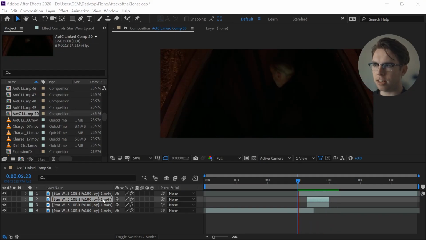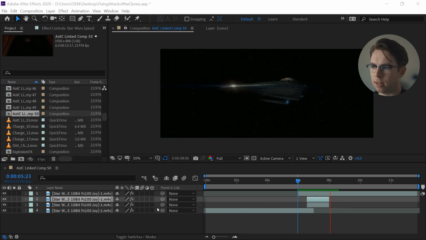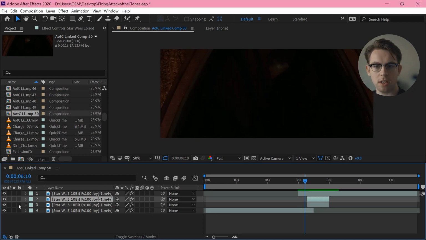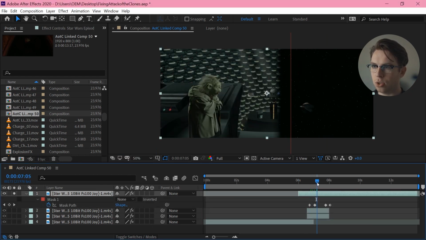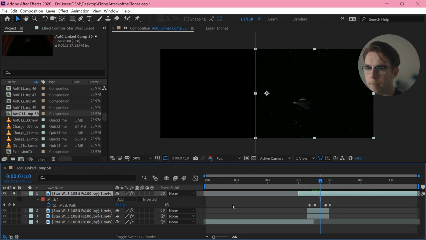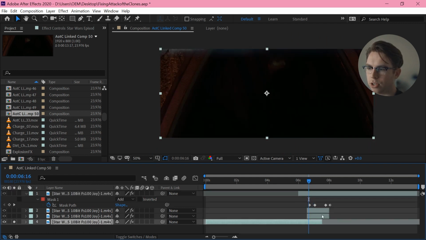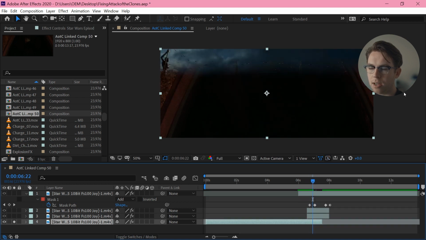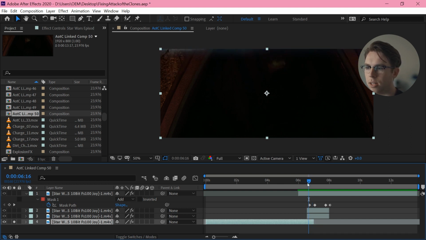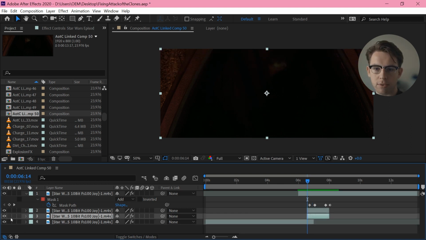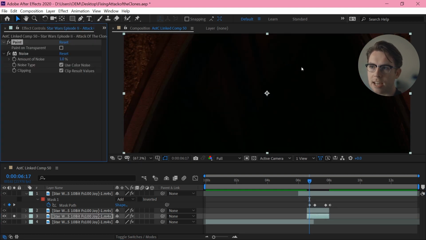Shot 50, another wipe, but a little bit more going on here. On the top, I am chasing that transition, but on the bottom, the original footage actually has this wipe coming down from the top, and I want to change it to a wipe going from the side. So I have to do a little bit of reconstruction here. First, freeze framing the background before that wipe comes down, and then I'm painting out Count Dooku entirely and just adding back a little bit of noise to hide that.